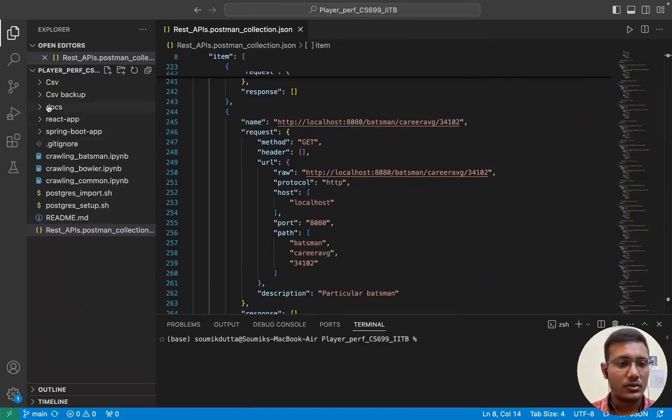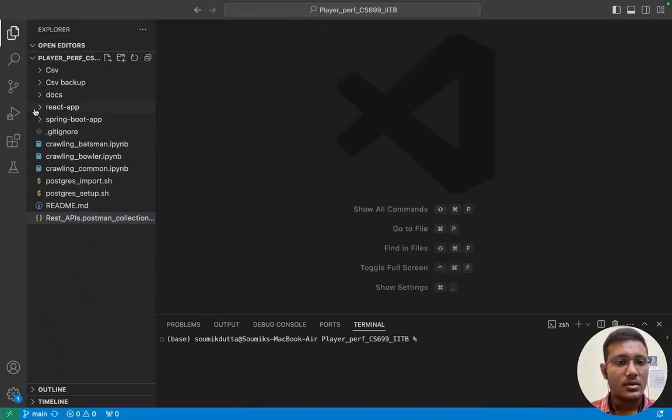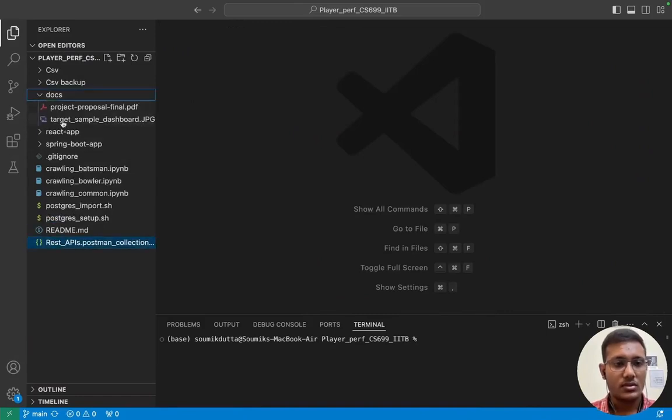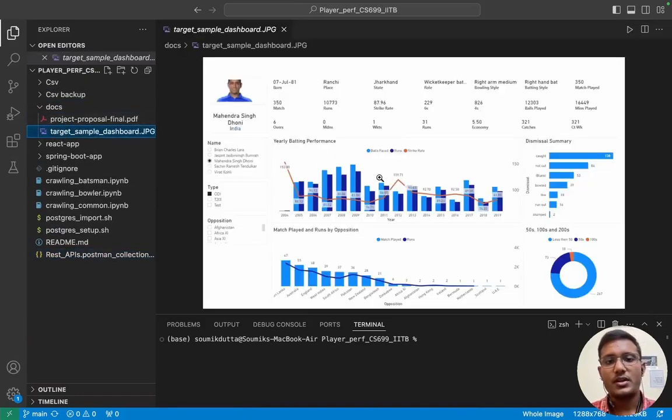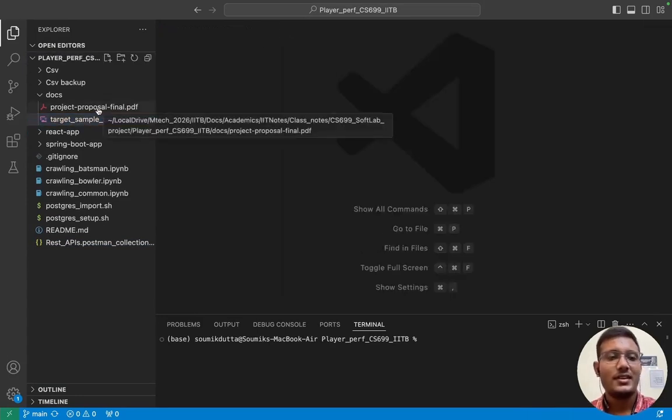Fine, so this is done. Let's start with docs. This was the primary target dashboard we tried to build. Pretty much we are close to it, I must say. Anyway,